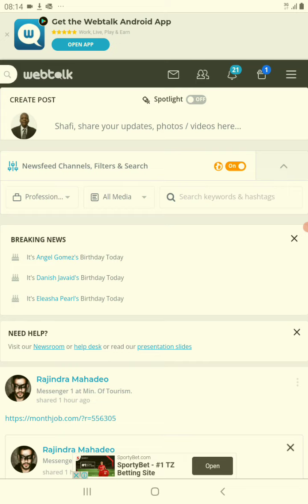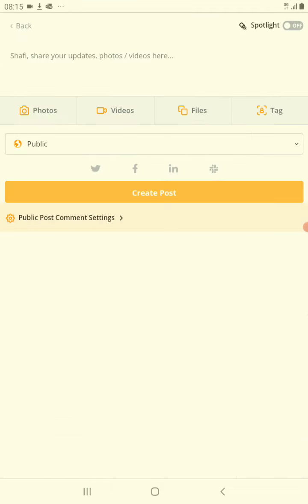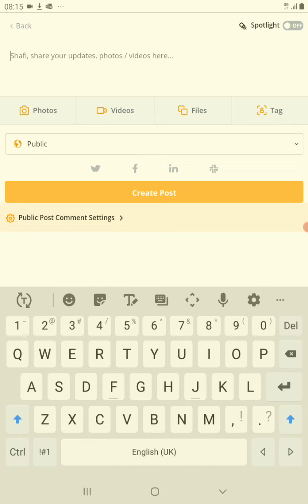Now let me demonstrate how you share your posts in other social media websites from Webtalk so that you get the opportunity to be paid by Webtalk. So let me create a post. On top there you see Shafi, share your updates, photos, videos here. So I click there in order to open, and let me create a content by saying